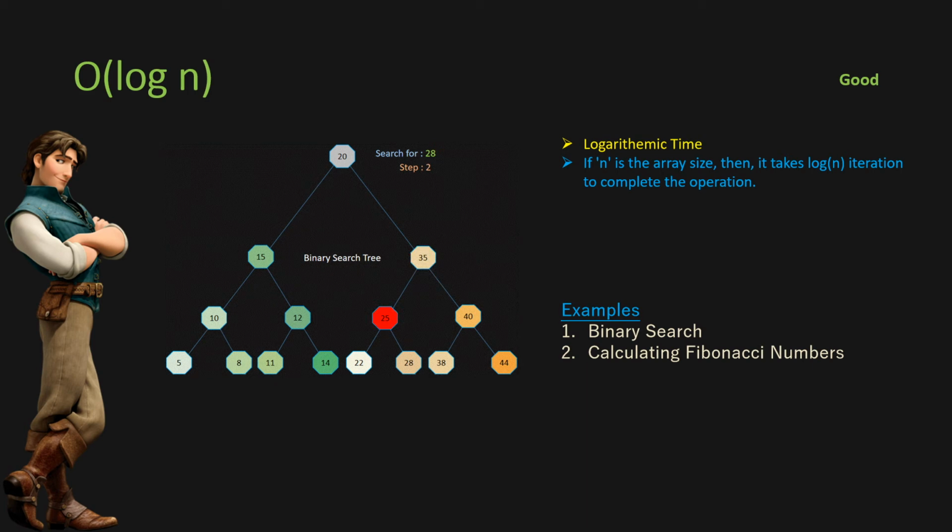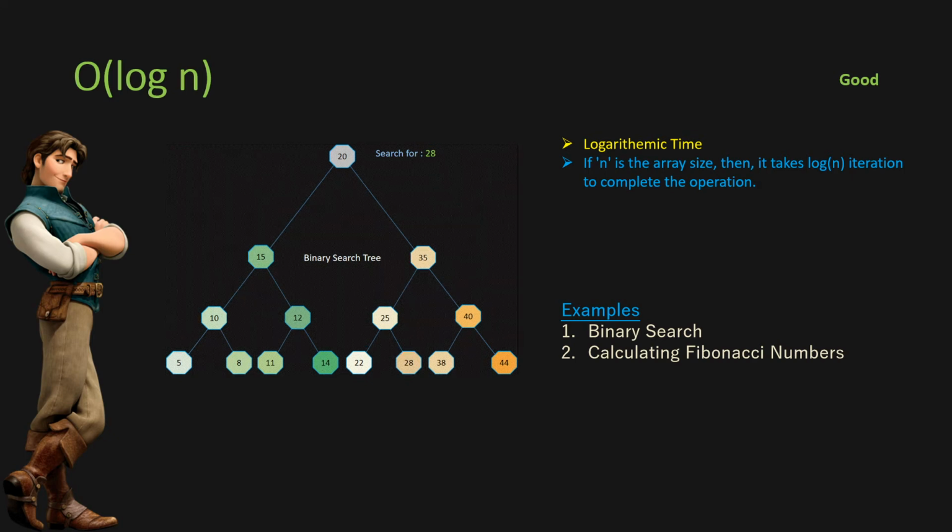Let's see a programming example of searching in a binary tree. Here, our task is to search for the integer number 28 in a binary tree. As you know, in binary tree search, first it checks the root node and identifies the new search path where the item has to be searched. Here in this example, we are searching for number 28. So the search path is identified as the right side of the root node with the value 20. So it completely removed the left tree from the search, reducing the items to search by half.